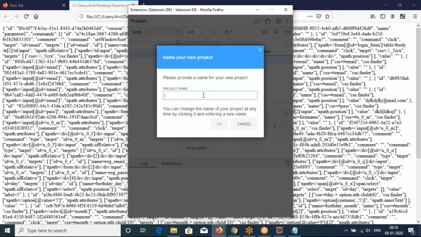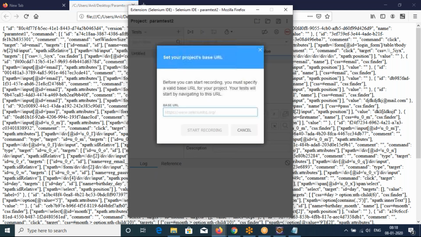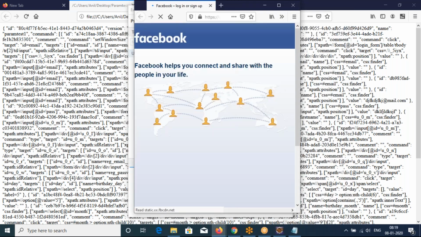Okay, we'll record one more time. Why I'm choosing Facebook is because it has all the options like drop downs, everything on one page.